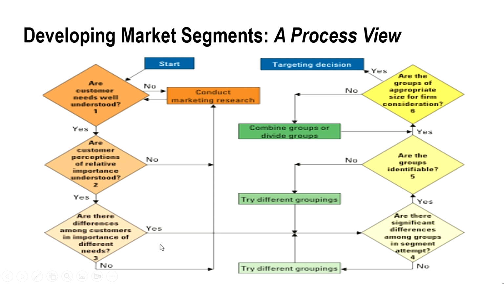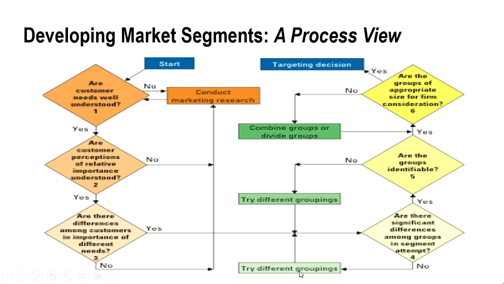So, this is how it goes. You can easily understand the different stages, like are the significant differences among groups in segments understood. If the answer is yes, then you go forward to the next stage. If the answer is no, then you go back